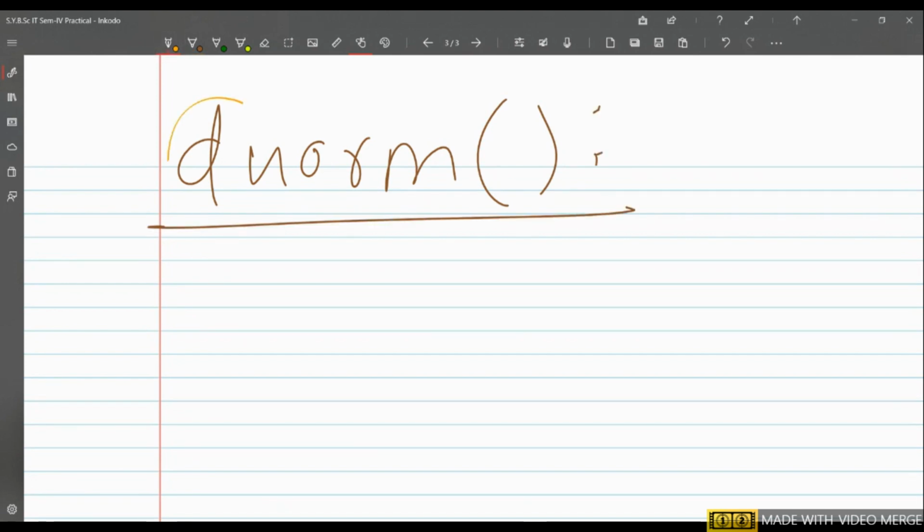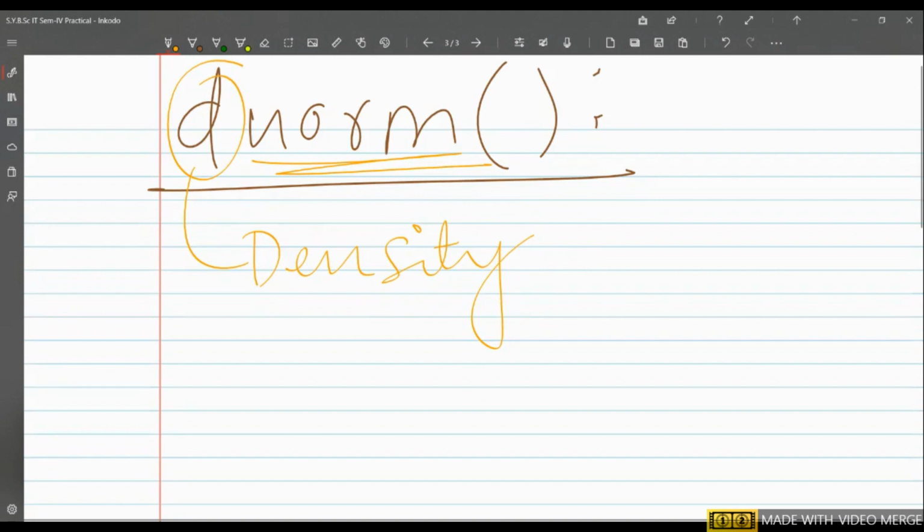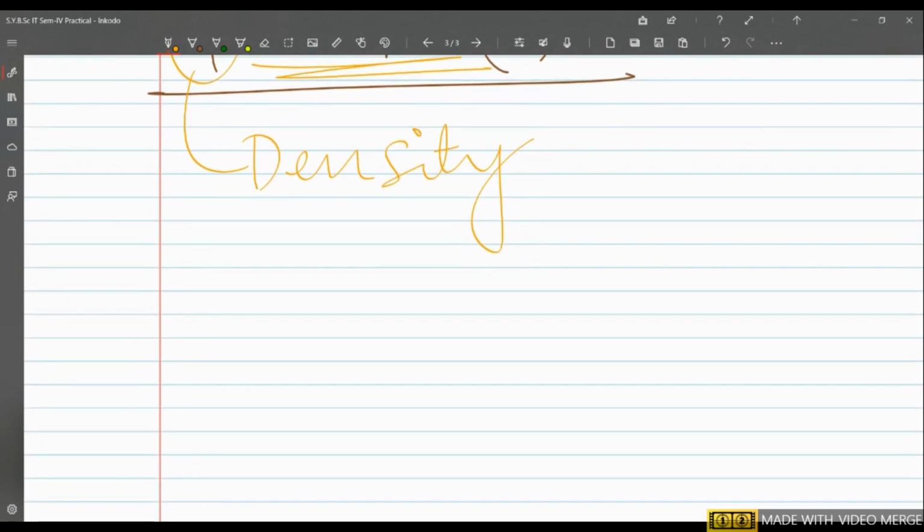Here d stands for the density, and norm stands for the normal again. So what is the purpose of this dnorm? Dnorm computes